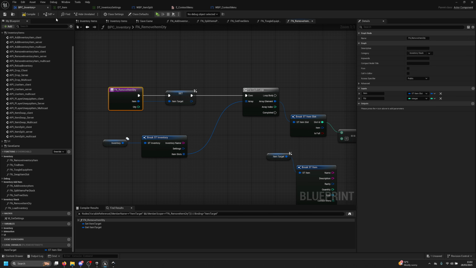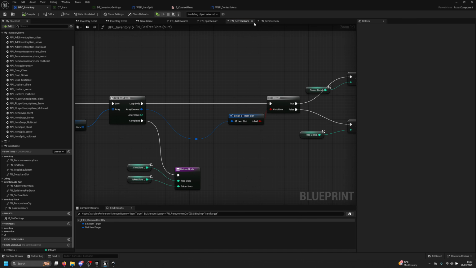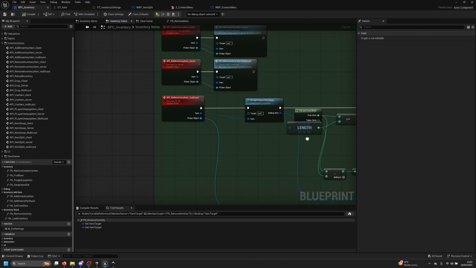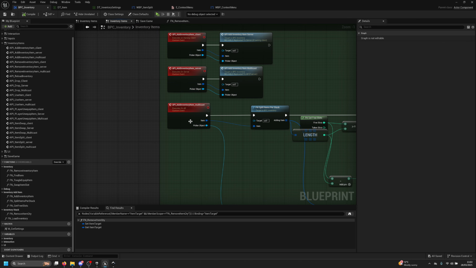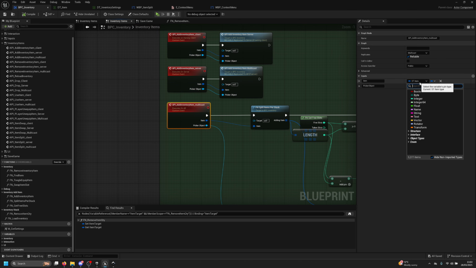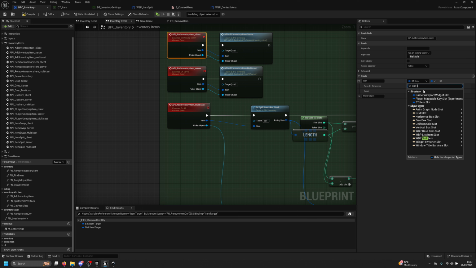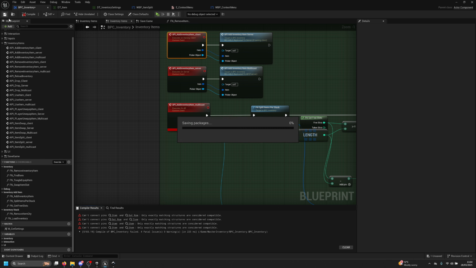We don't want the item. The item is fine. We just want the slot, because if you remember, on the inventory items here, we are passing the item structure. So this should also be the st slot, the item slot. And then here as well should be the st item slot. There we go. Okay. So with everything updated,